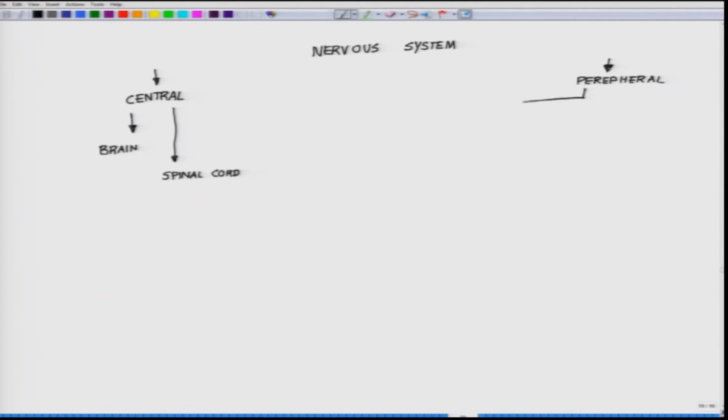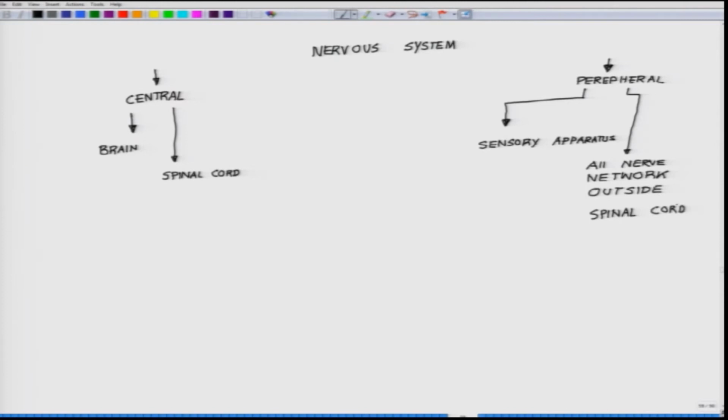Peripherals are all your sensory apparatus and all nerve network outside spinal cord. Of course, definitely that is outside brain, but